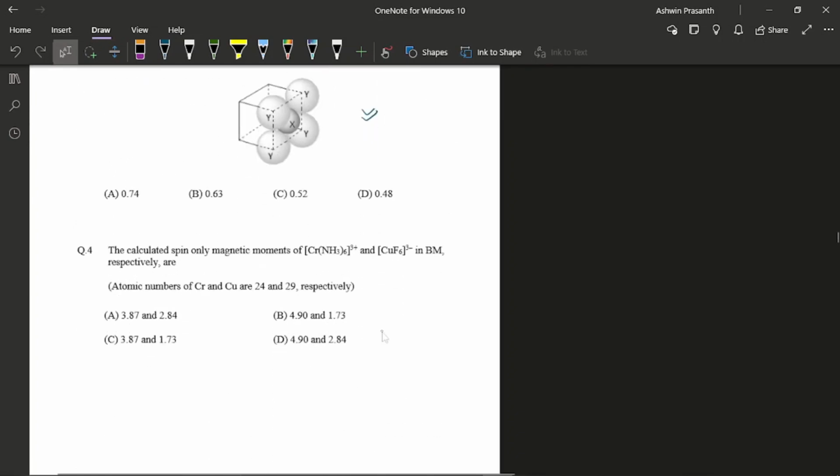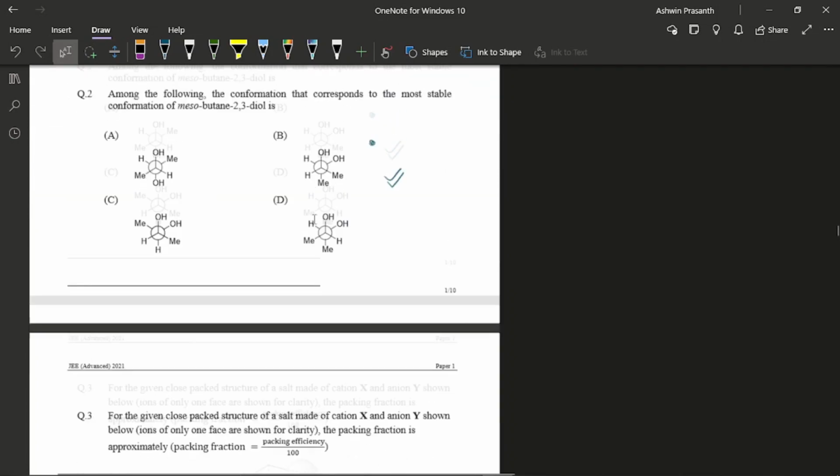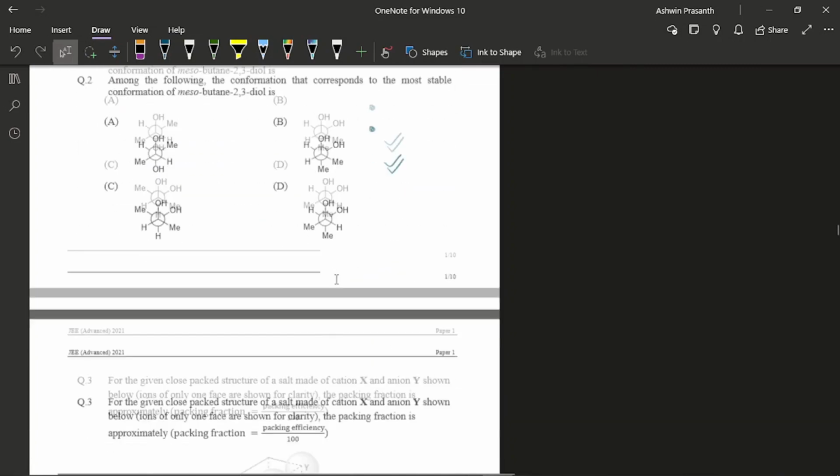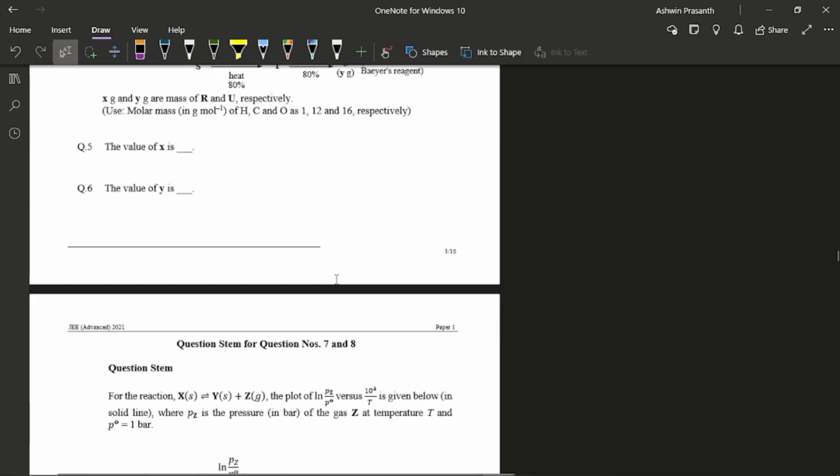This is the next question. I was very comfortable in finding the configuration and writing magnetic moment. So I was able to solve this easily. Then this question, luckily I remembered that the terminal triple bond doesn't get reduced because it will undergo acid-base reaction. So I was able to mark the correct answer for this. So I finished section 1 of chemistry like that. Then I moved on to section 2.